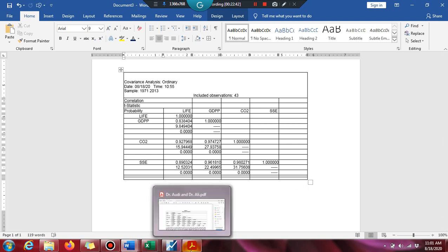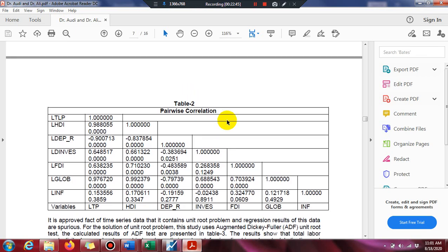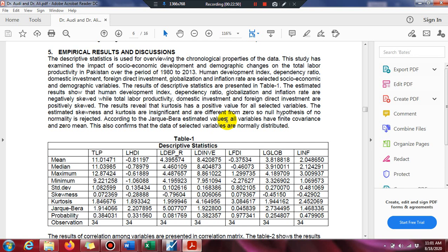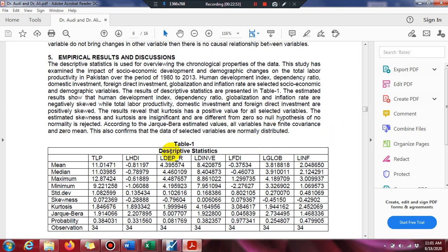Here I have a published research paper for the interpretation. See here, this is the descriptive stats. In a research paper we usually give less detailed information on descriptive stats and the correlation matrix. That's why here we have only five or six sentences for the whole descriptive stats table.